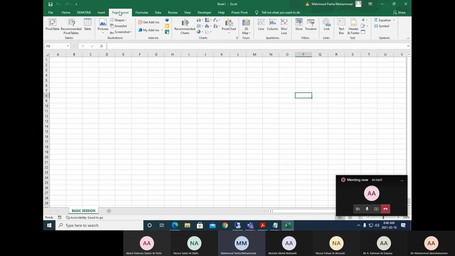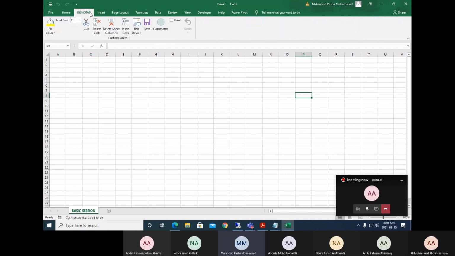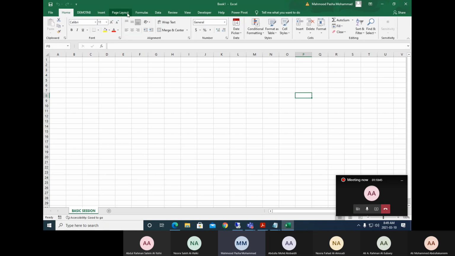So these are all called tabs. And I have added my own tab. I will show you how to add a tab of our own again, no problem. Now here, which you are going to see down below, this is called a ribbon. I mean, all the controls, all the groups available under one tab is called a ribbon.